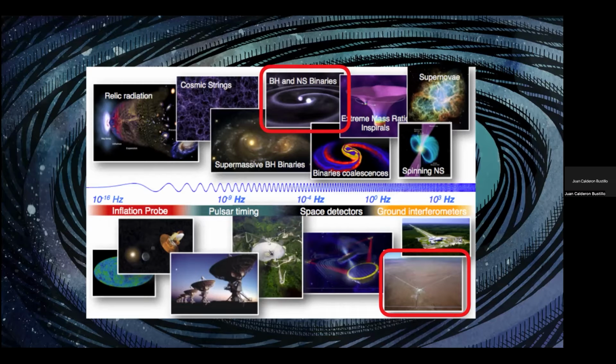So for now, despite the fact that there are some detectors planned in the future, we need to stick to what we have right now, which are the LIGO and Virgo detectors in the US and in Italy. And these are most sensitive to the signal emitted by black hole mergers and neutron star mergers, because of their characteristic frequency.